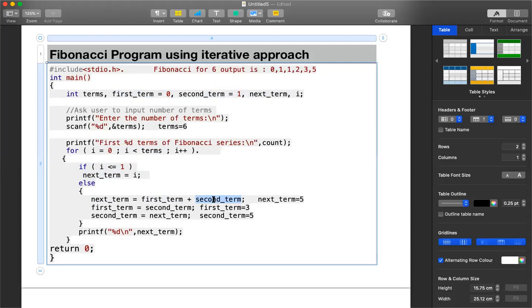Once you calculate it, you should swap the positions of the previous two numbers. That means the previous two numbers will not remain 0 and 1; they will change to the latest two numbers. That swapping is happening at this particular point. So this is the program to find the Fibonacci series of a number.